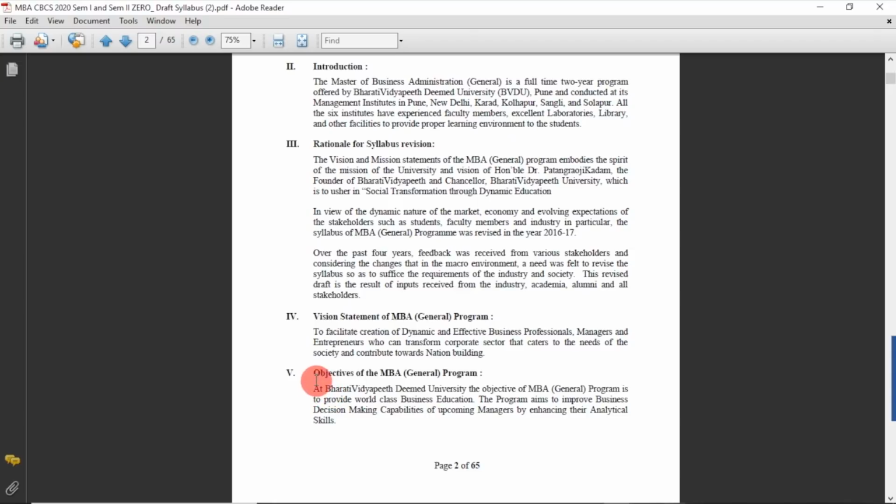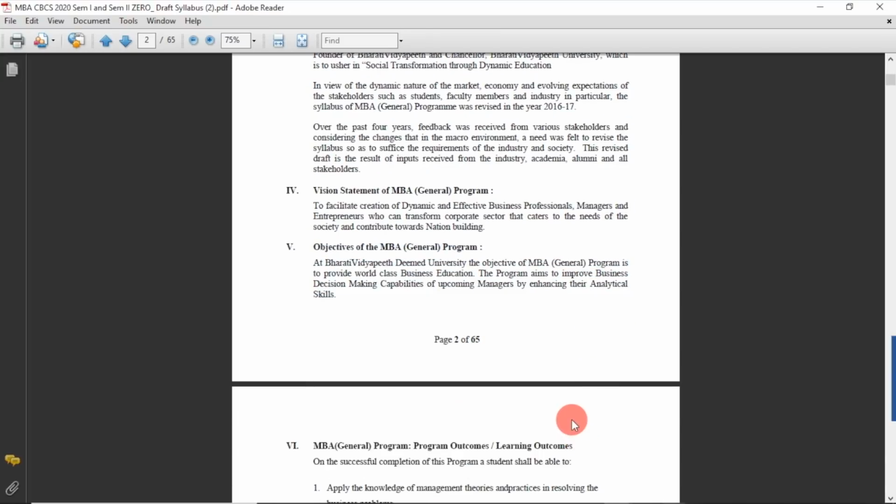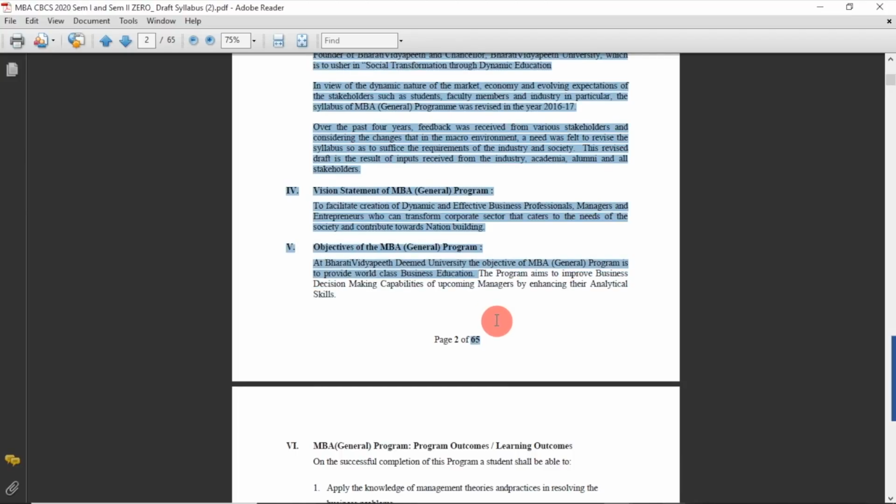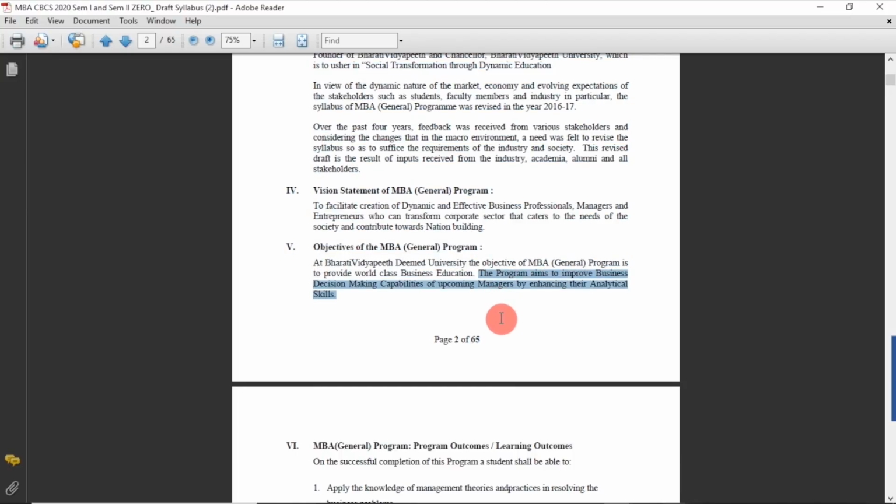Now, what are the objectives? This is basically the program objectives, which we are talking of: why the student should go through the MBA program. The program aims to improve business decision making capabilities of upcoming managers by enhancing their analytical skill, right?